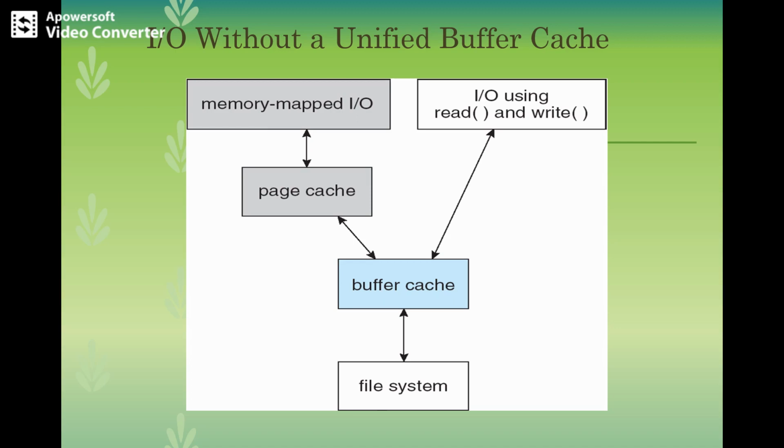What it does is memory mapping proceeds by reading in the disk blocks from the file system and stores them in the buffer cache. And the virtual memory system cannot interface with the buffer cache. So here the contents of the file in the buffer cache must be copied to the page cache. This is called double caching, which requires wastage of CPU and IO cycles because of the extra data movement within the system memory.